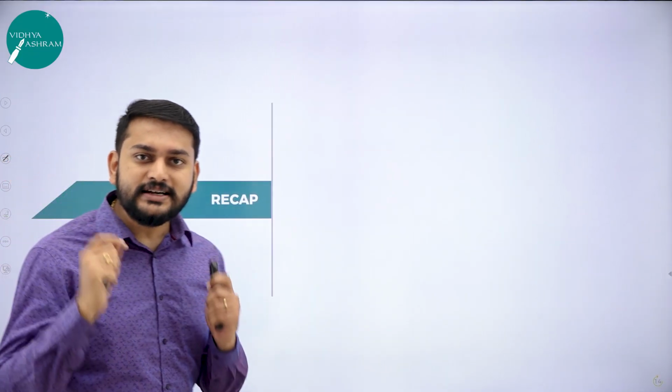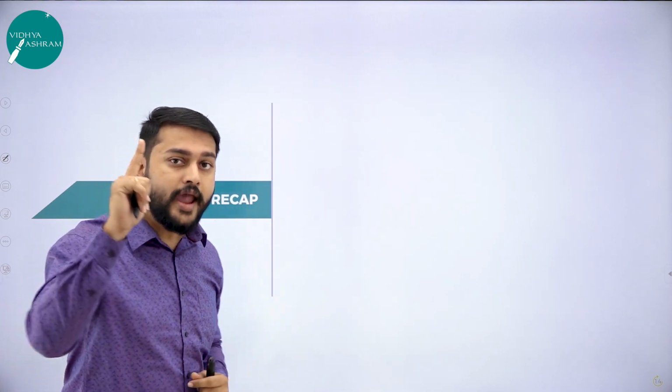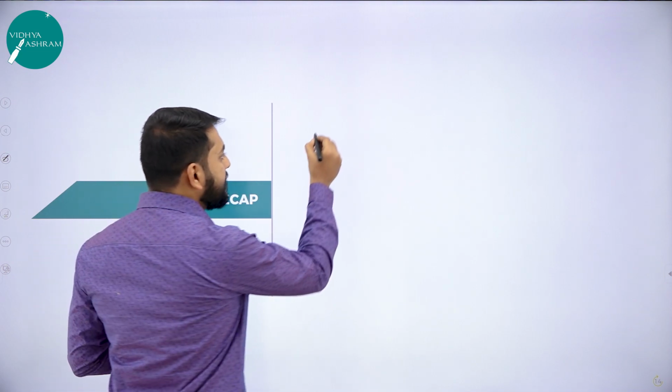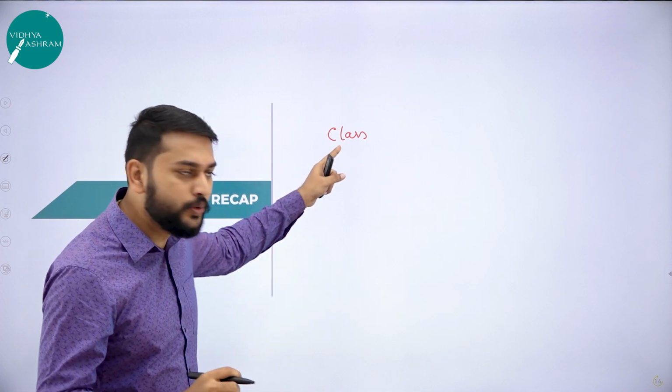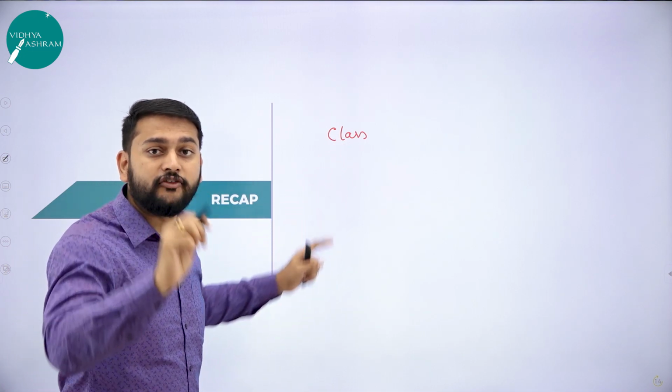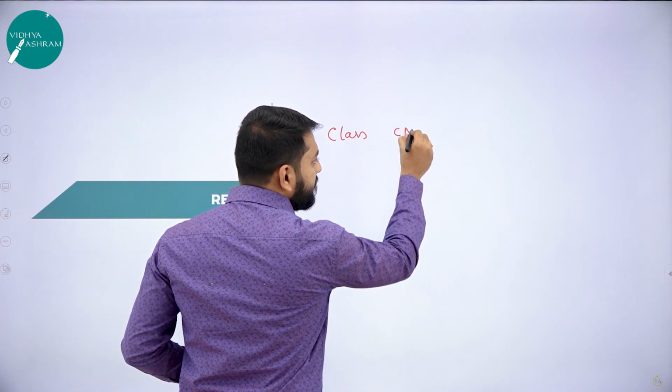In this recap, let us understand two concepts: how to declare and define the classes and objects, and what is access specifier. That is what I have discussed in detail in the previous session. Let us understand how do I declare and define the class first. My dear students, if I want to declare a class, remember I have to use the keyword called class. So I have to start with the keyword called class. Once you're done with the keyword called class, you have to write the name for the class. So here I will be writing the name for the class.